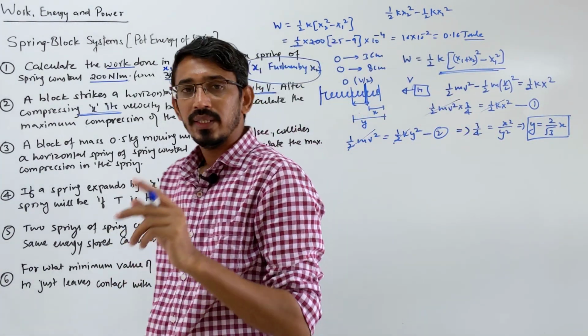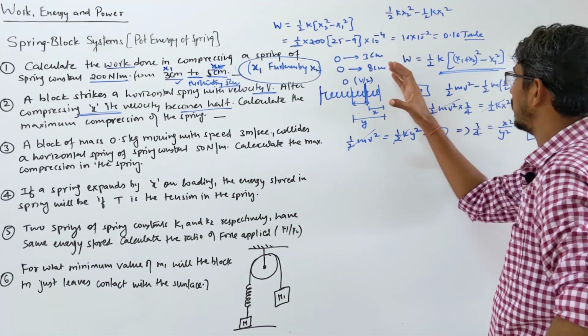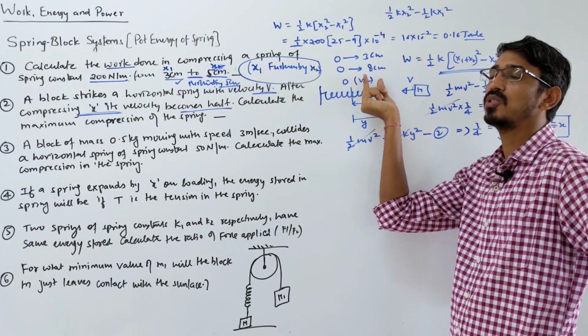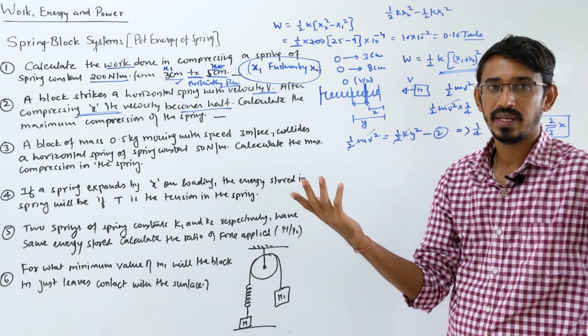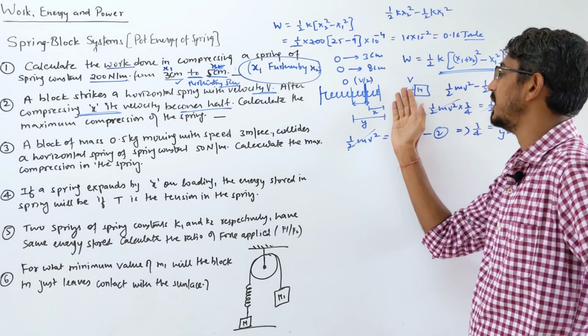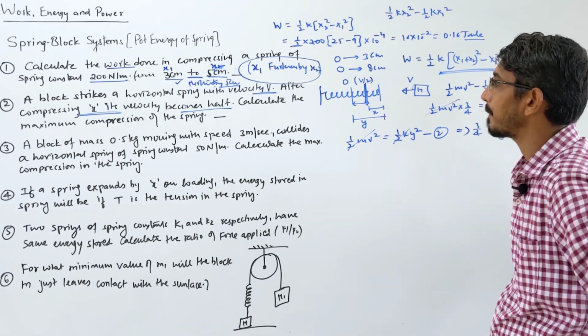Correct. The same question can be asked in terms of kinetic energy. Let's say the block hits this spring with kinetic energy of E. Till it is compressed by x amount, the energy becomes E by 3. Again, write the change in kinetic energy equal to half k x square. Then the total kinetic energy is equal to half k y square. That will be simpler in real, okay?